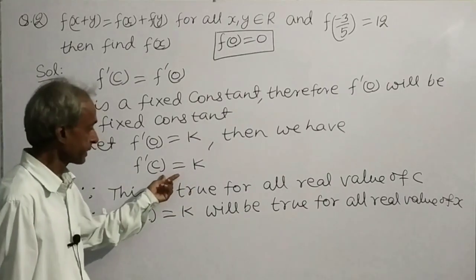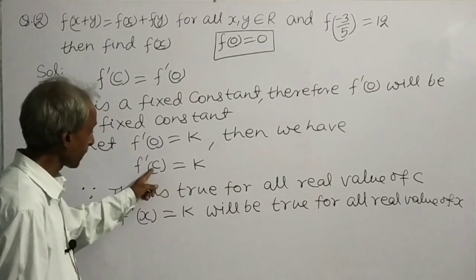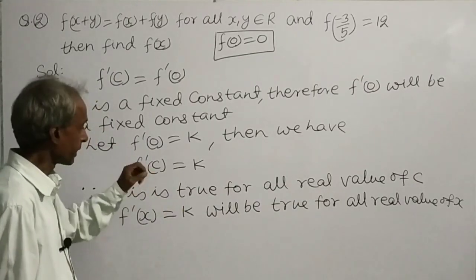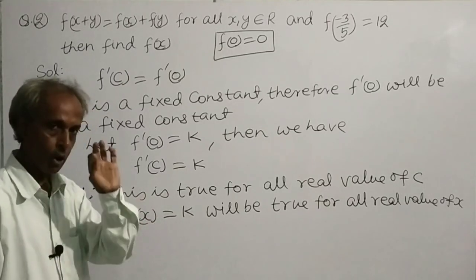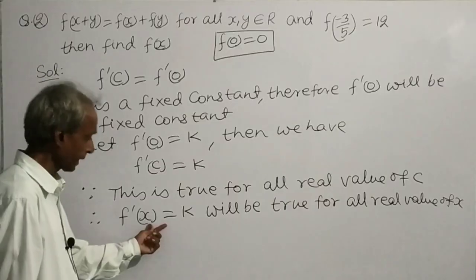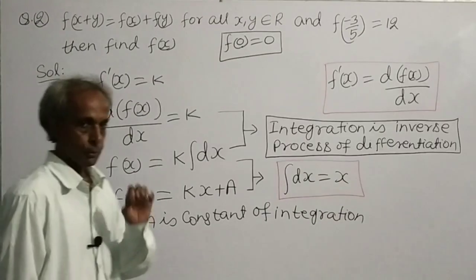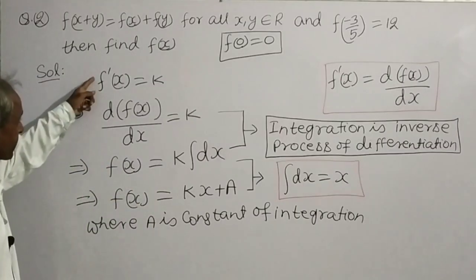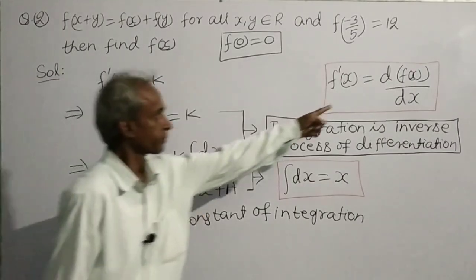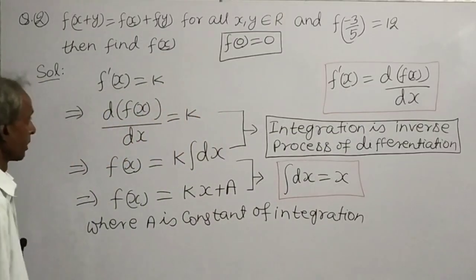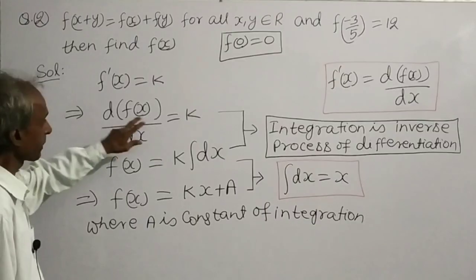Since this is true for all real values of c, that means this is true for all real values of x. We can write f'(x) as df(x)/dx. Since the derivative of f(x) is k,